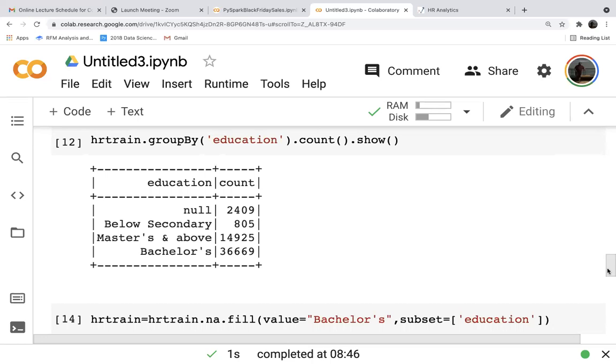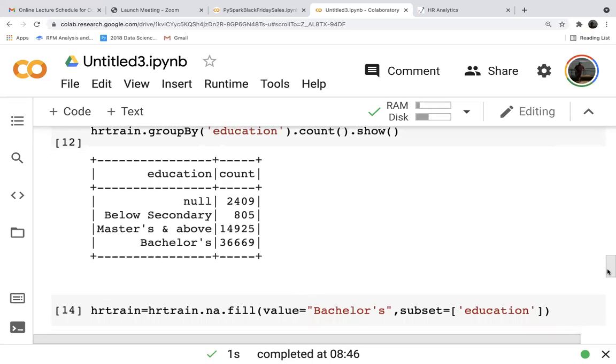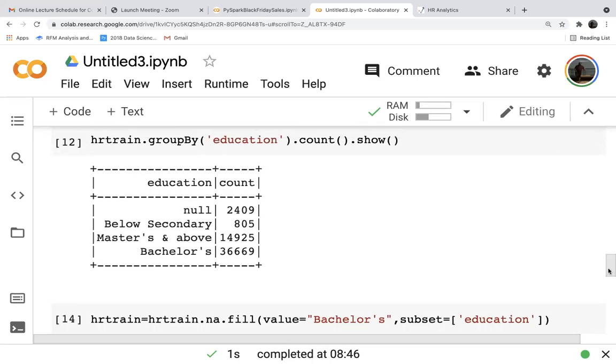Can I scroll down, Tanmay? Yes, sir. Actually, I was getting some error. Now it is sorted. This is the error which I received, sir. I've posted it on the chat box.